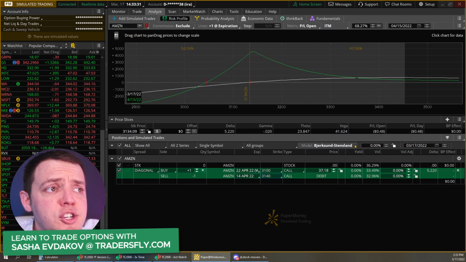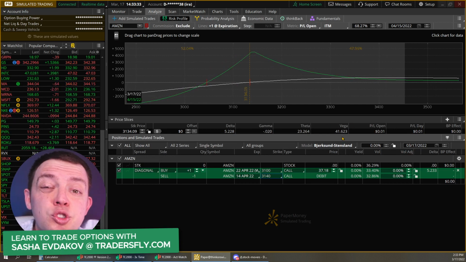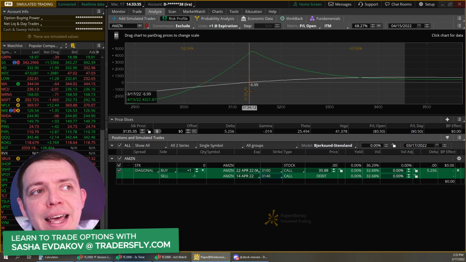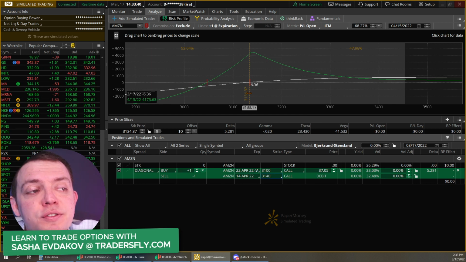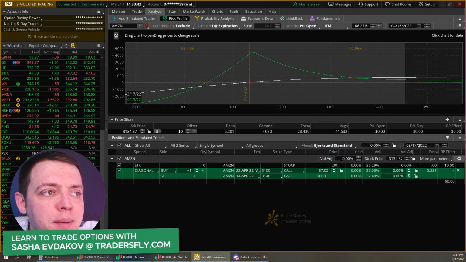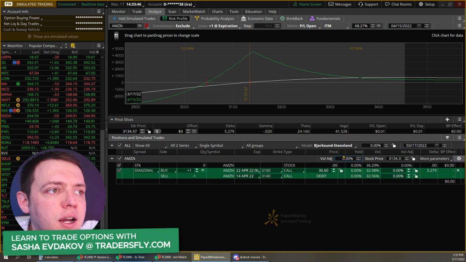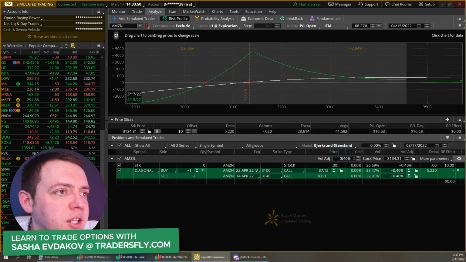So now I've got this rotation, and now look at this positive vega. That's super nice to have, because if that stock pulls back, those vegas will help me. Watch what's going to happen. Let's say this increases by 5 volatility points. Let's just increase it here. My number key is not working.